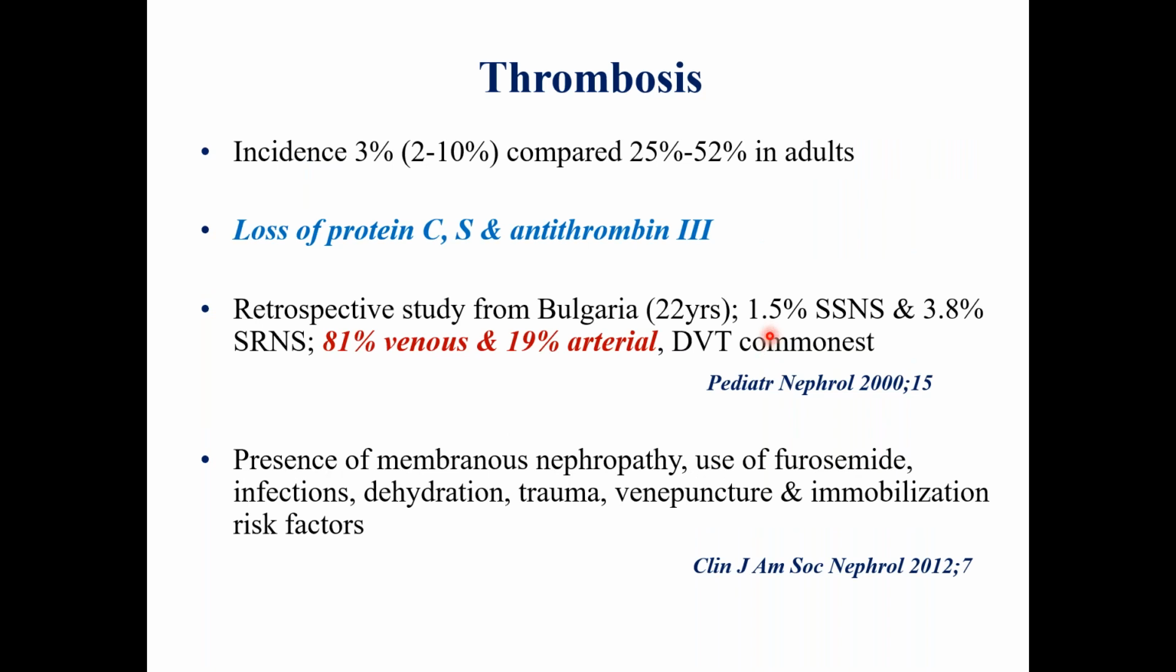Now, the other complication of these patients is thrombosis. If you compare the thrombosis incidence to adults, it is much lower in pediatric nephrotic syndrome, and it primarily occurs due to the losses of protein C, protein S, and antithrombin 3. And most of these patients have venous thrombosis, the incidence of arterial thrombosis is much lower. And the commonest